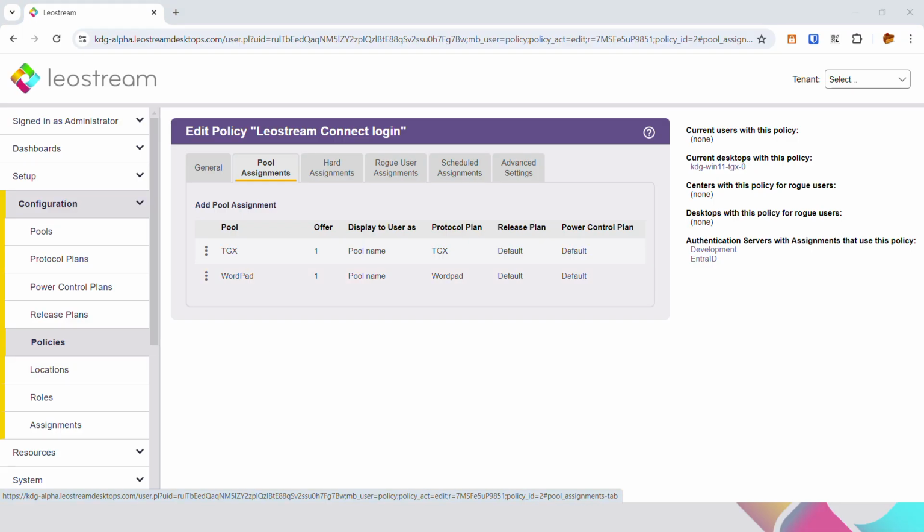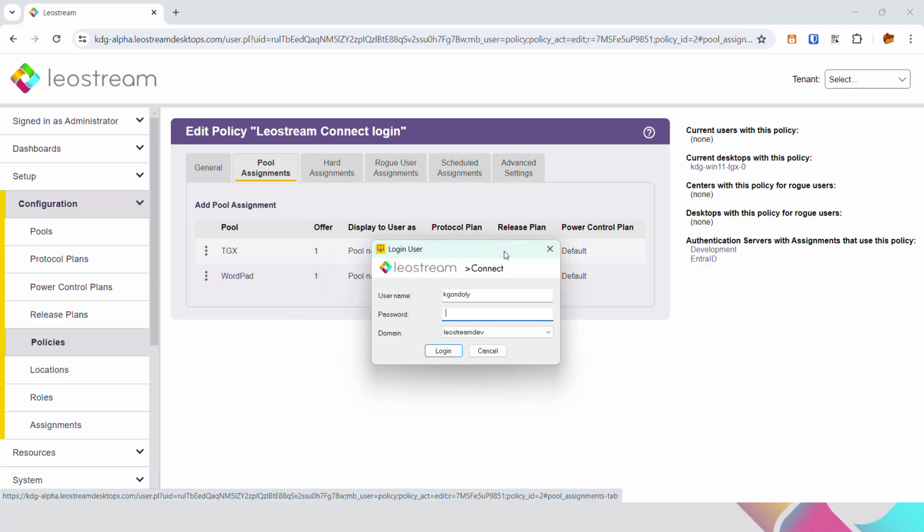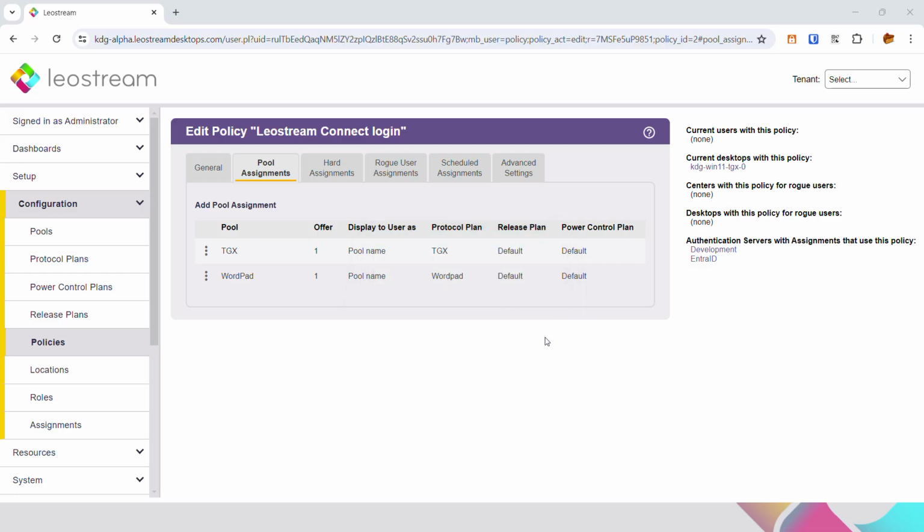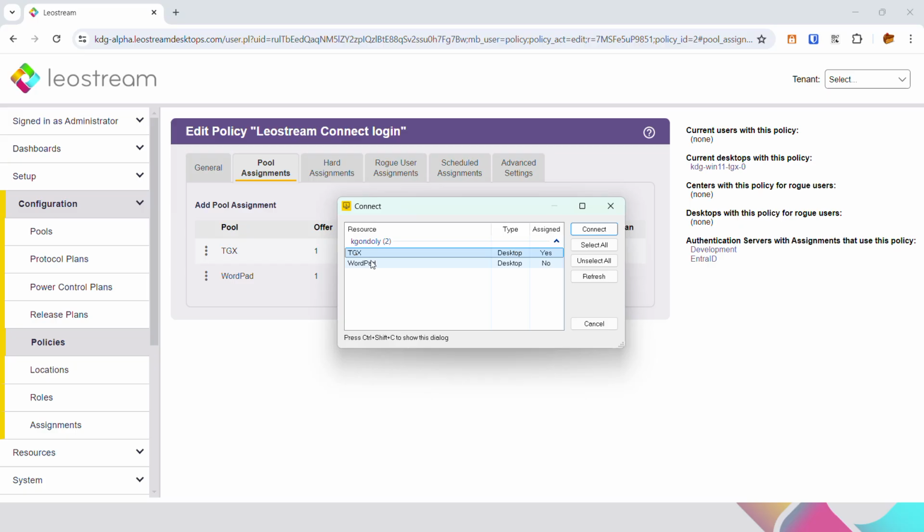So to show this, let me launch LeoStream Connect real quickly. LeoStream Connect is LeoStream's software client, and it installs on Windows in this case, or you can also use it on Linux or Mac. So I'm going to go ahead and hopefully type my password correctly and be offered, nope, sure didn't. And then be offered both an application and a desktop. So if I click on the application and click connect,